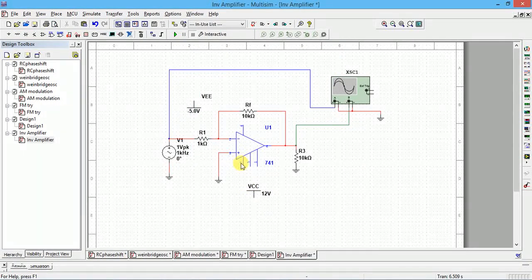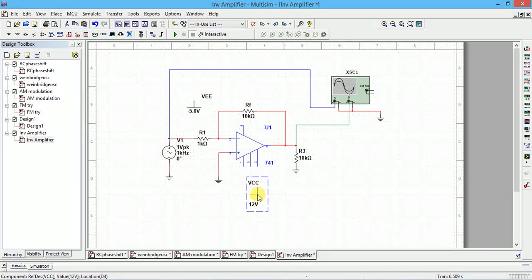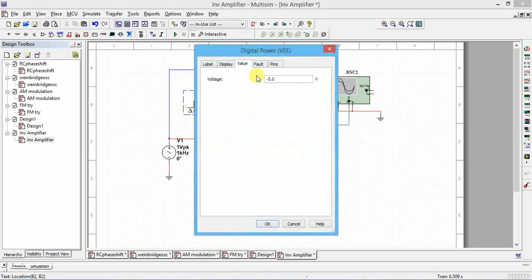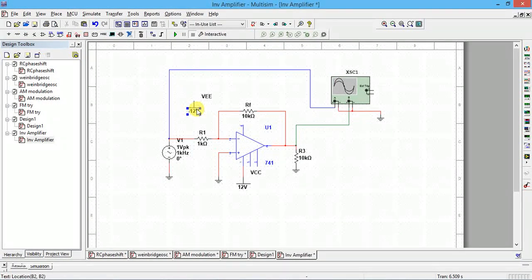This one changes to minus 12 volts. Again rotate with Ctrl R.